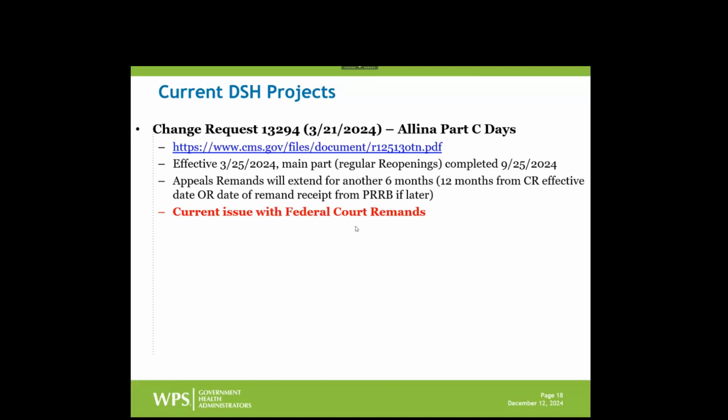There are federal court remands where providers made it up to the federal courts. And when those get remanded, they don't go back to the MAC. They actually go to CMS, and CMS is supposed to remand it back to the MAC. There were some federal court remands from 2021, and they were remanded to CMS. They were never remanded back to the MACs. So they were not part of our initial workload that we were aware of. Apparently those now have been. Just a couple weeks ago, they were communicated to us.